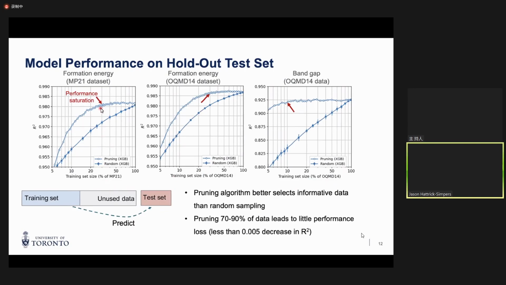So this is formation energy for Materials Project 21. This is OQMD formation energy, and this is OQMD band gap. And as an experimentalist, first and foremost, an R squared of 0.95 is phenomenal. Computational people tend to like their R squareds to be a bit higher, on the order of 0.98 is reasonable. But you can take 70% of the data out of your training set, use only 30% of the data to train,